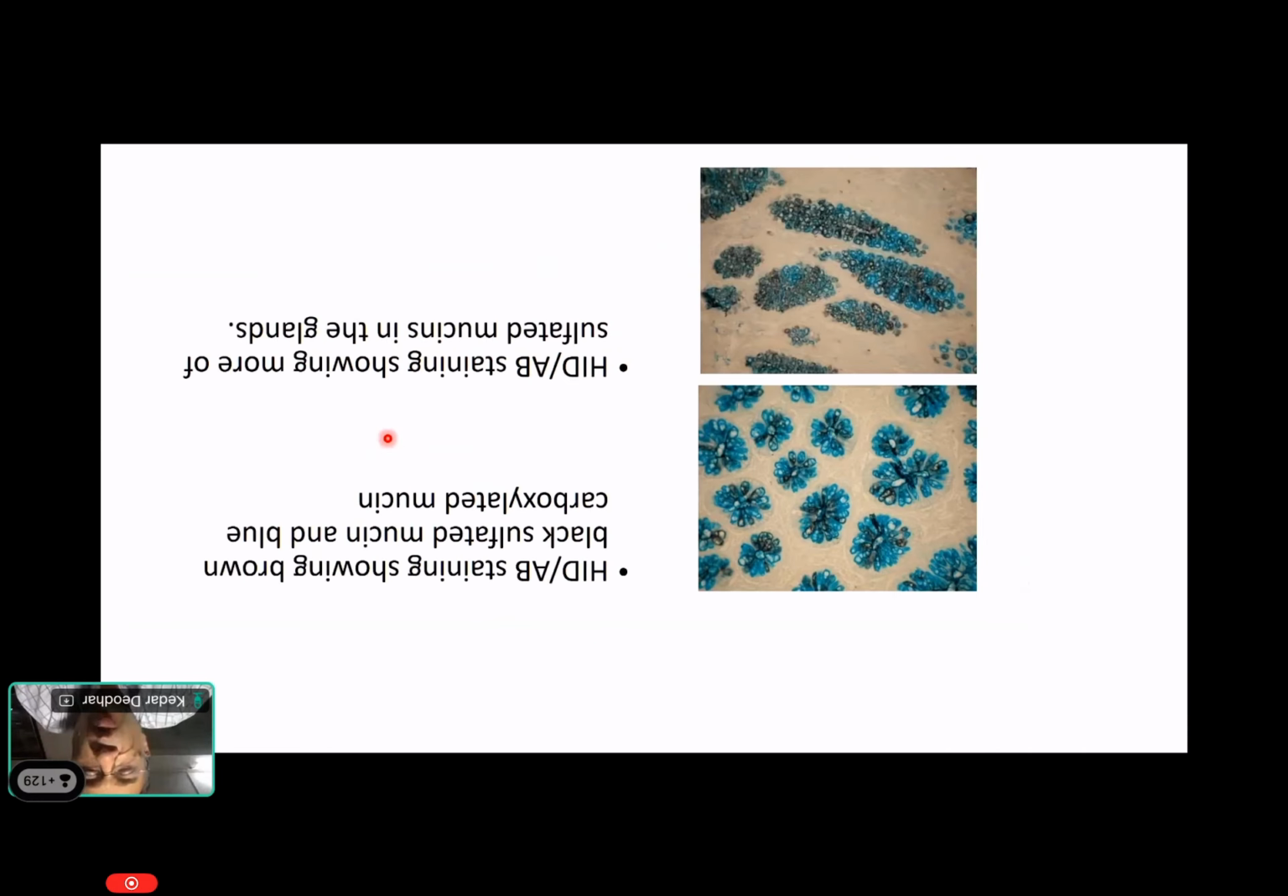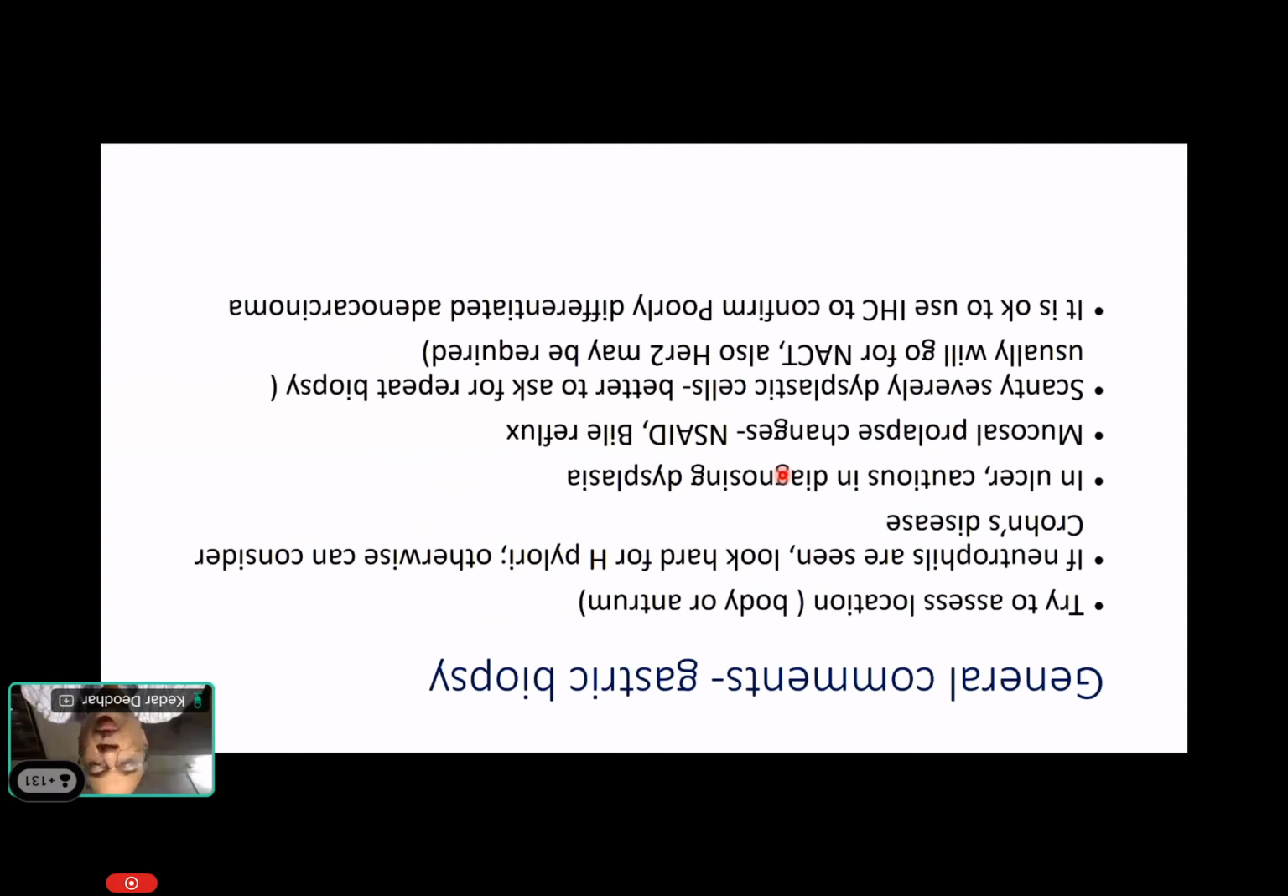Again, an example of HID Alcian blue staining. Normal gastric mucosa will not show Alcian blue, and when it shows, it means that there is intestinal metaplasia. And HID positivity, such as a brownish or blackish stain here, tells us that we also have sulfated mucin in this type of intestinal metaplasia. So, coming to general comments when we look at gastric biopsies,